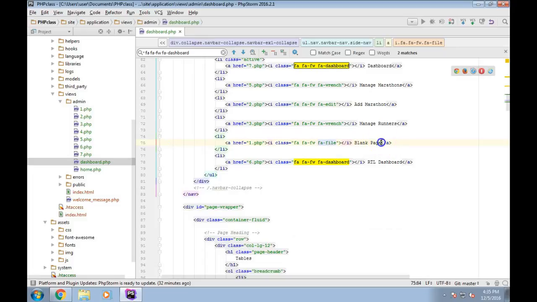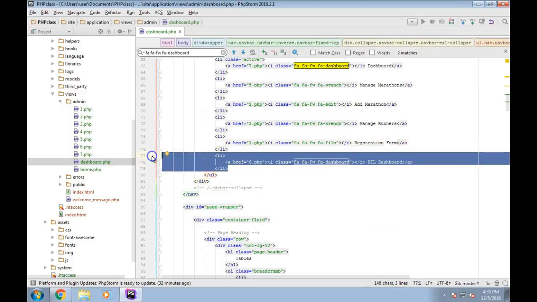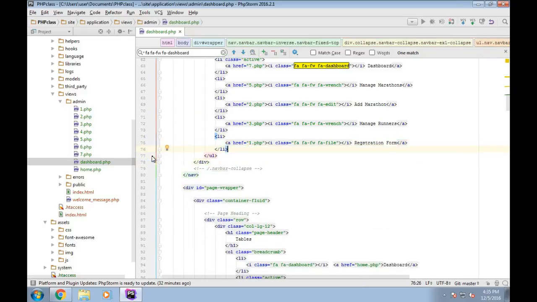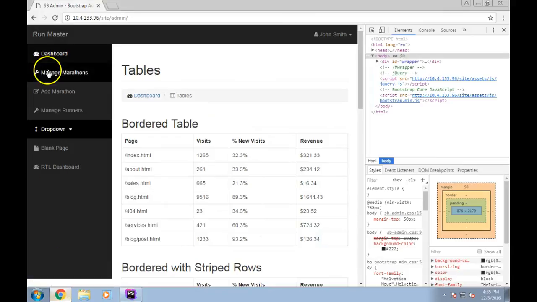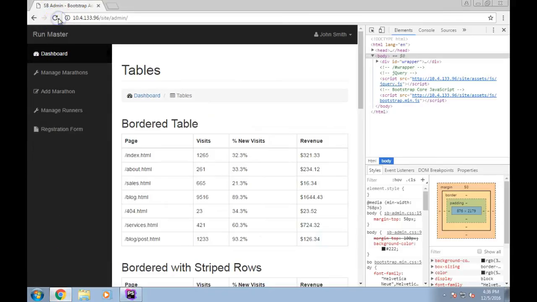This one I called registration form. And then I'm just going to delete this one here. So I'm just going to save this. And then if I come over here, and if I refresh,